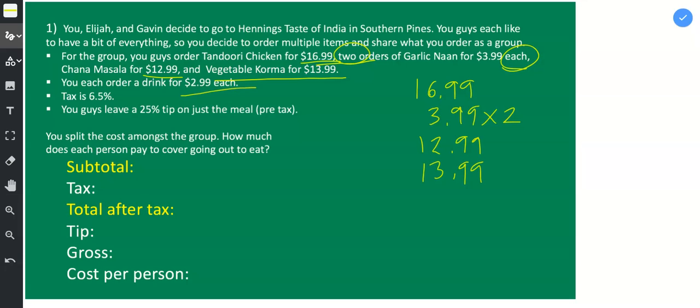You each order a drink for $2.99 each. So $2.99, and it was you, Elijah, and Gavin, so there's 3 drinks for that price. Because again, it says each. The next values are about the tax percentage and the 25% tip. So I don't need to deal with that part yet, so I'm going to go ahead and add the